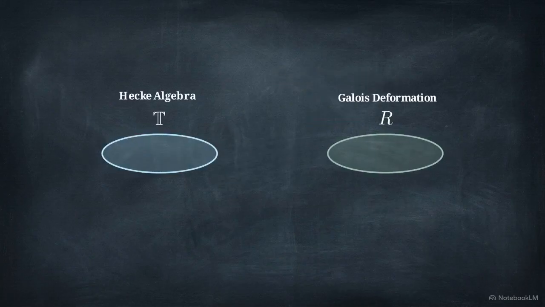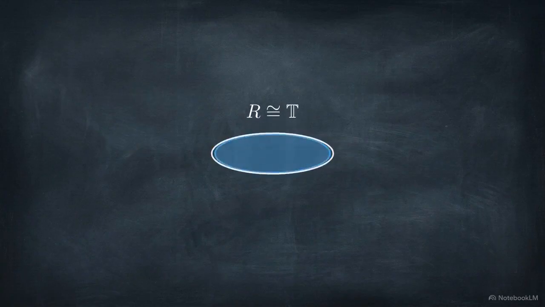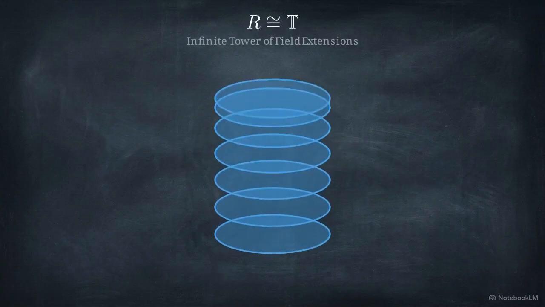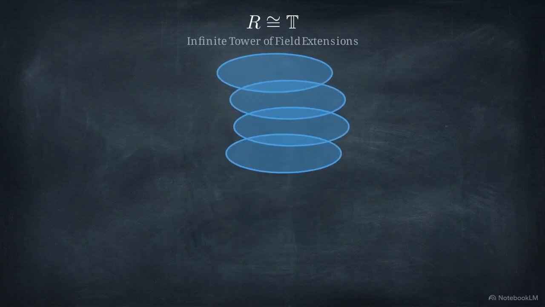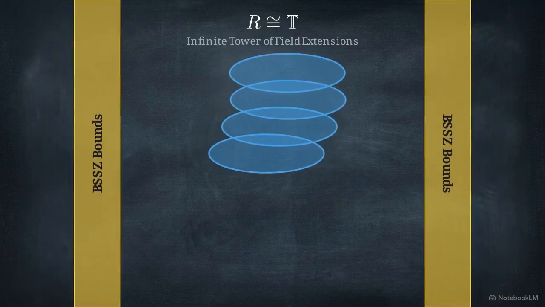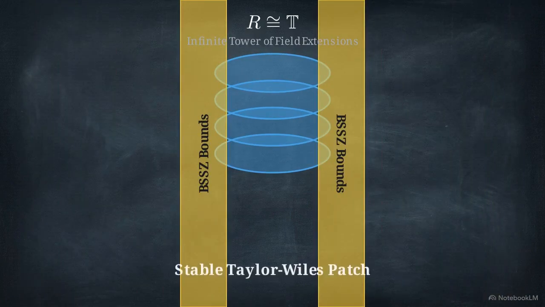Because this trace matches the group rank, the local Hecke algebra aligns with the global Galois deformation ring. This alignment ensures the Taylor-Wiles patching rings remain flat, preventing geometric matrix shearing as we climb infinite towers of field